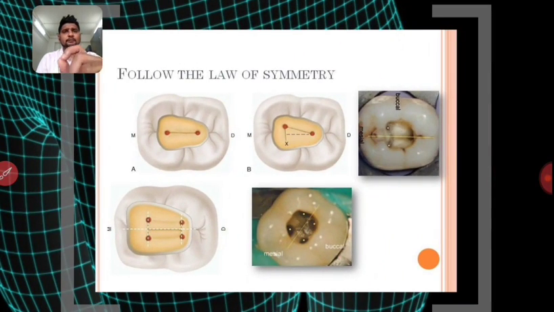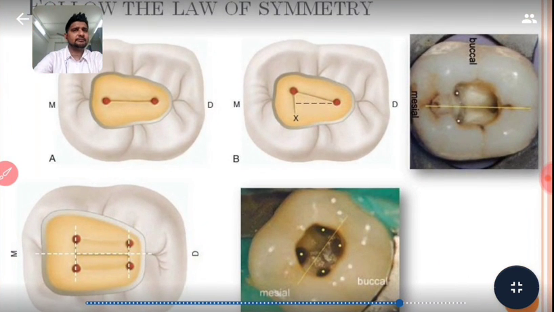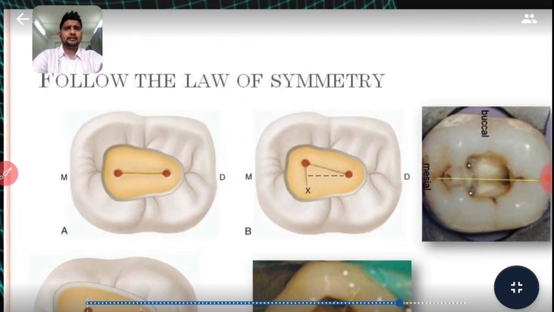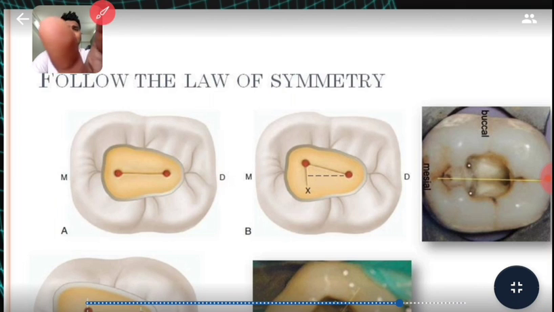And something very important tip when you're opening a lower molar, this is called the law of symmetry. This is given by Paul and Dummer, I think. I don't remember the names, but this is given in an article and also in the books these days. So the law of symmetry basically says that if you have 2 canals and you draw a line mesiodistally and both canals lie in the center, on the line, that means there are only 2 canals. But on the other hand, if you have